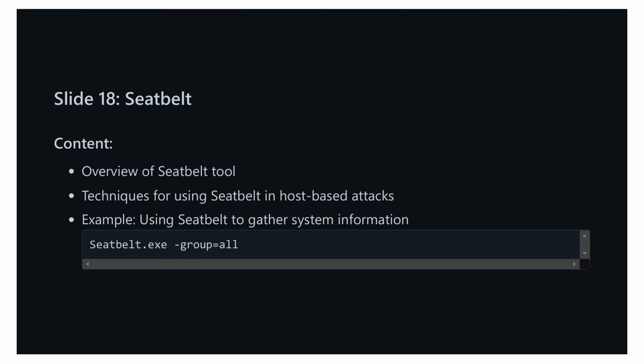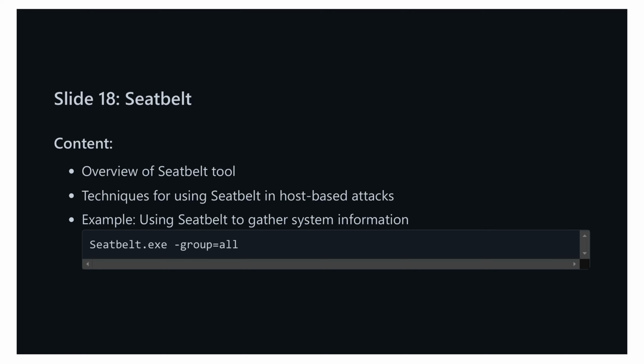It helps attackers and security professionals alike gather comprehensive system information. We'll explore several techniques for employing Seatbelt during host-based attacks. One powerful feature of Seatbelt is its ability to collect detailed insights about the system, making it easier to identify potential vulnerabilities and misconfigurations. As an example, we can use Seatbelt to gather a wide array of system information with a single command. Running seatbelt.exe -group=all allows us to compile data from multiple categories, offering a holistic view